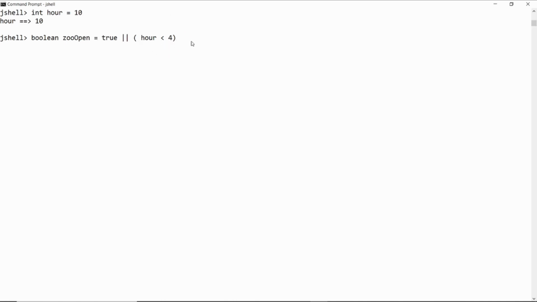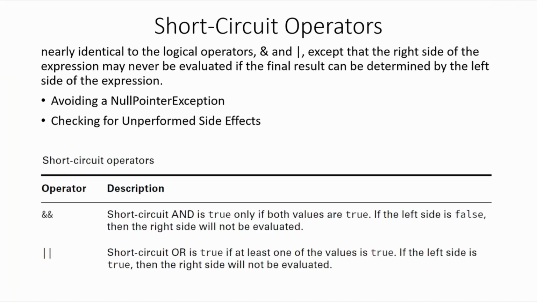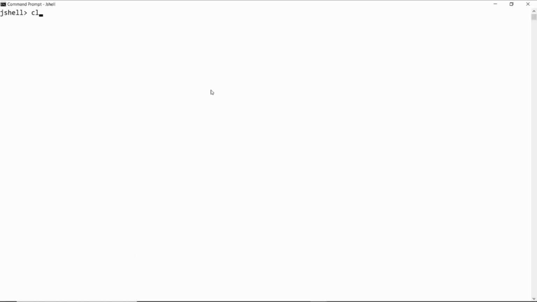So this one never evaluates, it always gives true because of short circuit operator. Short circuit operators avoid a null pointer exception. A more common example of where the short circuit operators are used is checking for null objects before performing an operation. Let's create a class